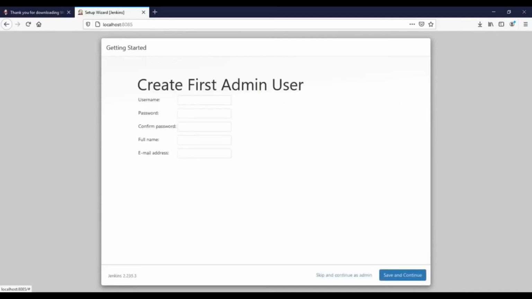The next screen is recommending to create the first-time admin user. We have a choice to skip this also. At the bottom you can see skip and continue as admin, but I would like to create one user for this installation. All these four or five options are mandatory. We don't have a choice. So we have to enter user ID, password, confirm the password once again, and enter your name. I am entering IT Bull, and the email address. If you wish, you can enter anything. You can fake it also. That's not a problem. It's not going to validate. It's just taken for documentation.